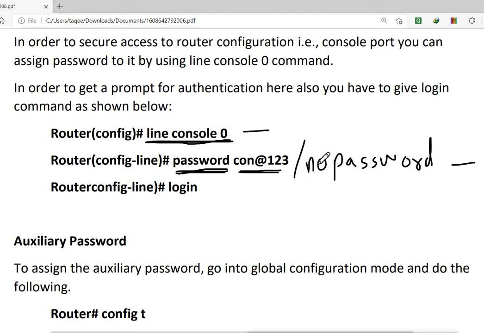If you want to remove the password, you start with no. Any configuration you want to remove, you just start the configuration command with no. Remember, only the command, not the value. This is the command here, and this is the value. So I don't have to mention the value, I just have to mention the command.